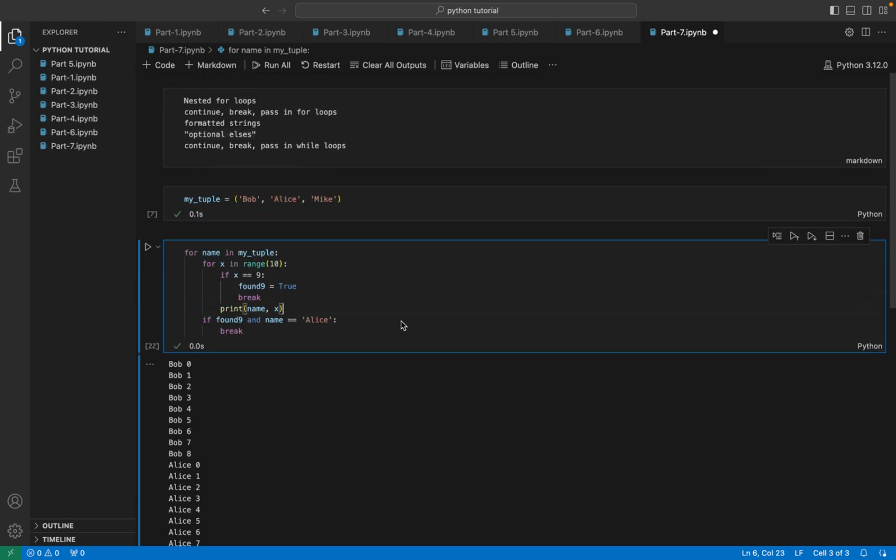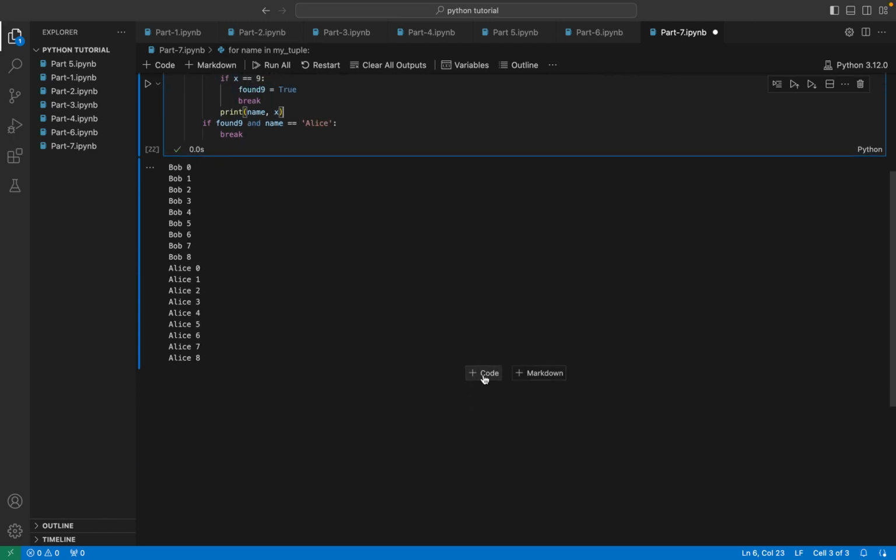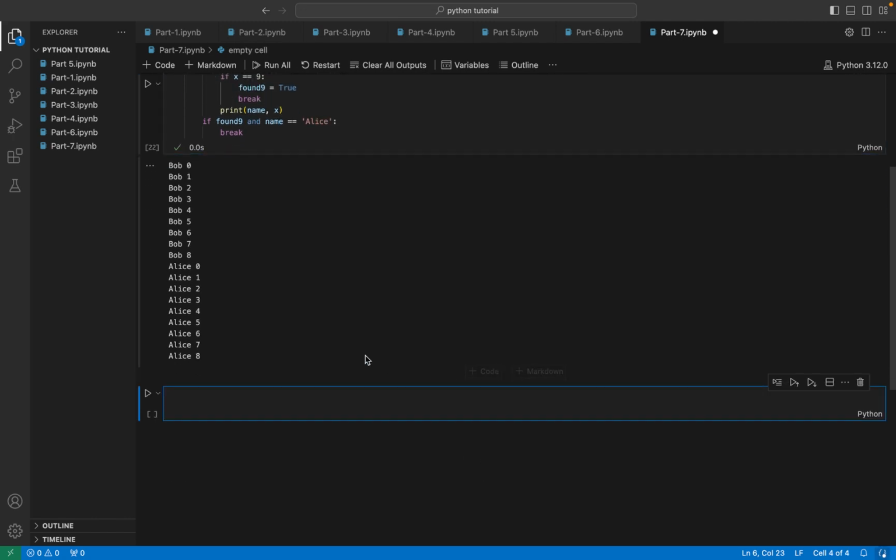Now what I want to do is show you where you might actually use this in a more real context, because right now it's just Bob and Alice, and we're just putting names and numbers in there to hopefully make it a little bit easier to just deal with the syntax of what we're doing with the breaks and continues. But what I want to do now is show you an application for this, which would be